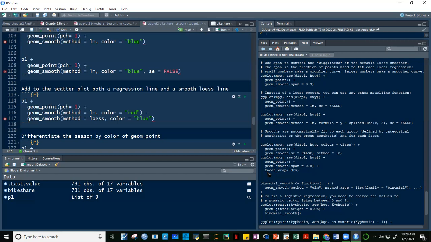Tapos linear natin sa P1 natin yung geom point. Okay? So geom point okay lang naman, no? Jasmine, sa geom point okay ka lang. Okay. And then dito sa code na to nagkaka-problem ka. Could you copy yung geom smooth na code mo? O, tama naman yung